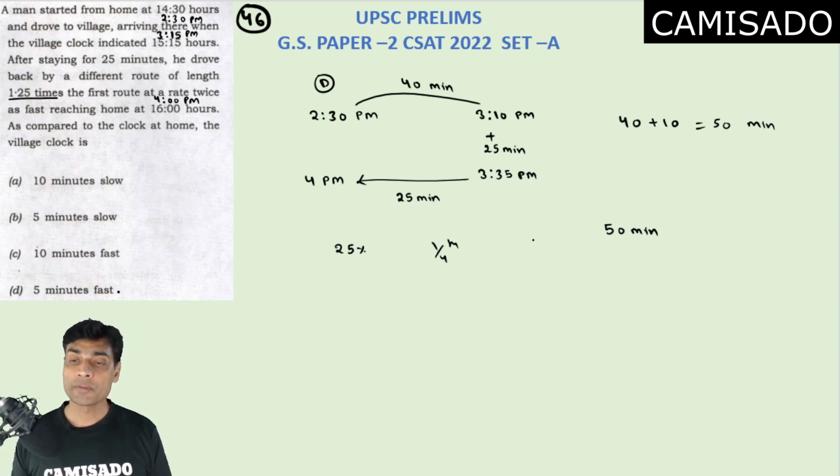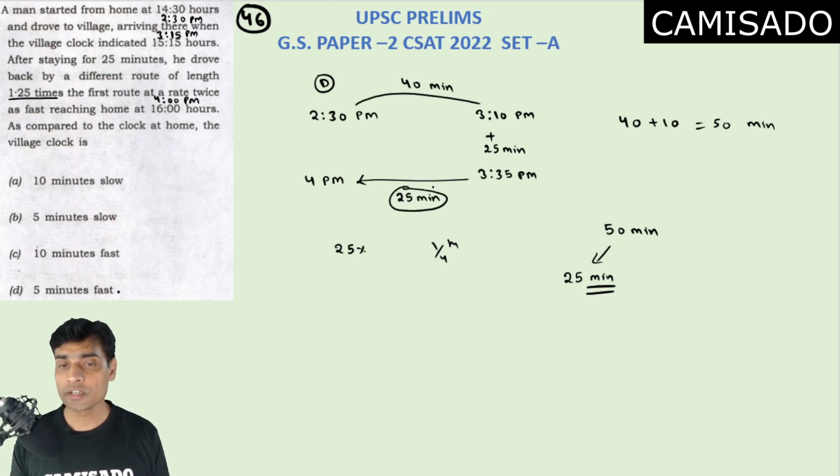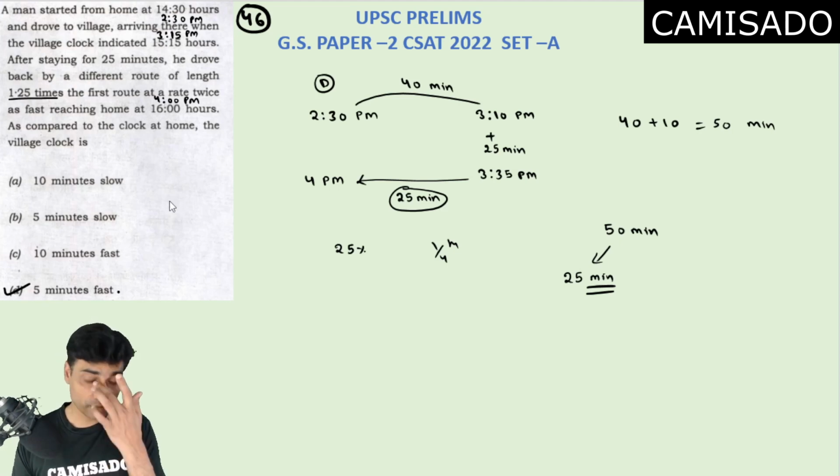But the point is, he has doubled his speed. It means time becomes 50%. So how much time he should take? He should take 25 minutes in traveling the distance with double speed, and it matches with the 25 minutes which we have already seen according to the situation. It means D option is the correct one. So 5 minutes faster the village clock is. So such questions can be done this way. Okay. Now again,